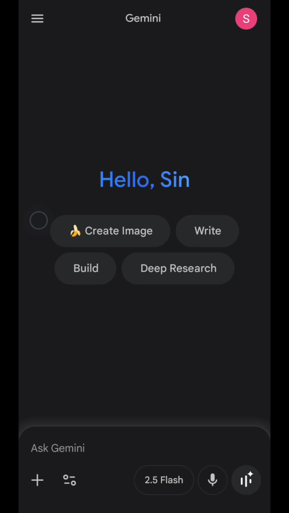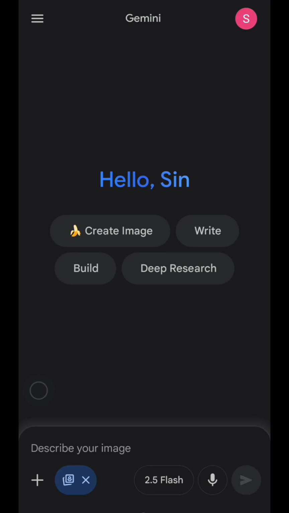First, just open your Google Gemini. You can open it through your browser or through the app like this, and then log in with your Google account. And once you're in, just tap on Create Image, or tap on the Tools icon and then Create Images. This way to activate the Nano Banana, this new feature that lets you generate or edit photos instantly using just